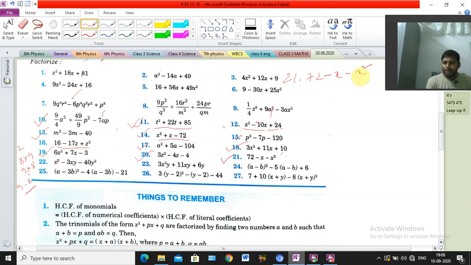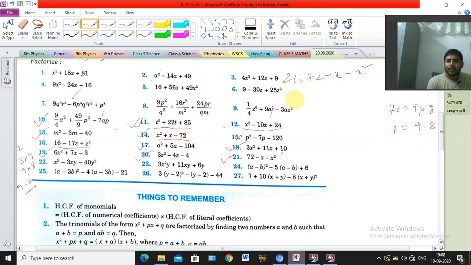We can get only coefficient 1, so 1 into 72, so 72 we need, and we will do the factorization that way. Directly we can do it. How? 9 into 8 is 72, no? 9 into 8, 72. Similarly, 9 minus 8 is 1. We can get it or not? Yes. Two factors we are using, 9 and 8: 9 into 8 is 72, and 9 minus 8 is 1. Clear? Okay, we will use that only.